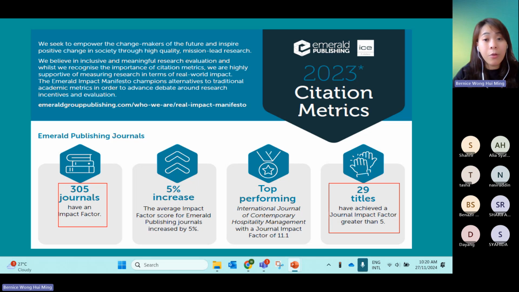Later I will share with you our journal title ranking, how it looks, so that it gives you some information or evaluation. You can go through these journals and check whether the ranking meets your requirement.